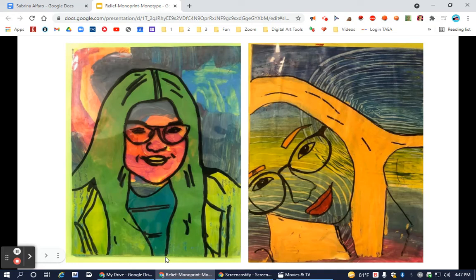In this video, I will review how to create your drawing for your Monoprint. First, you're going to get your printed paper or your drawing that you are working on. Then you will get a transparency. You're going to tape that transparency on top of your drawing, and then you will start to trace over the